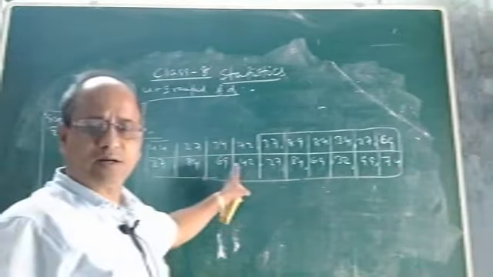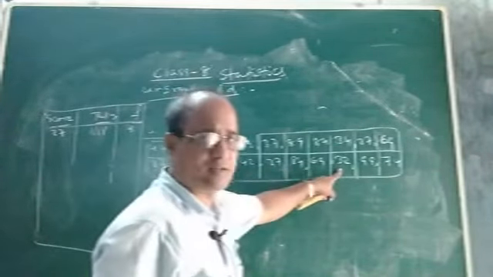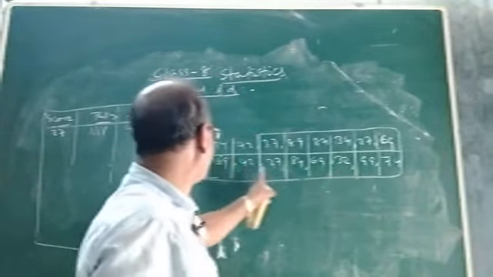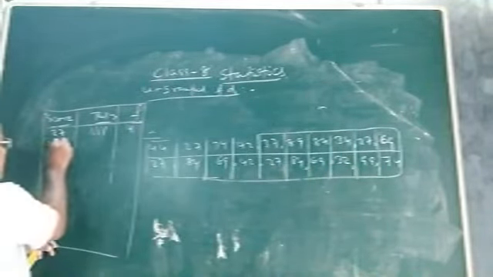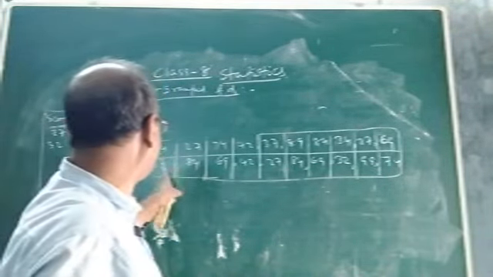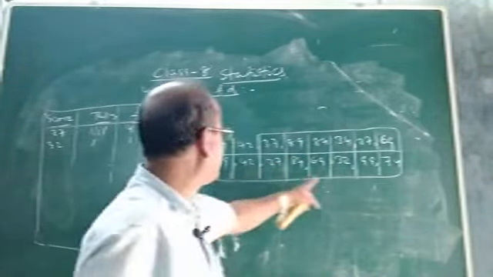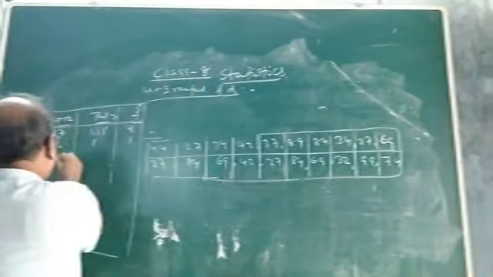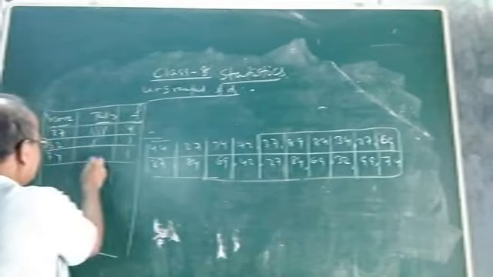Then what is the next score? After 27, the next score is, I think, 32. Yes, the next mark is 32, and it is scored by how many students? Only one student. You have to find it from the data. That means the frequency of 32 will be 1, so one tally. Then after 32, the next mark is 34. 34 mark has been scored by how many students? Look at the distribution. Only one student. So the frequency of 34 will also be 1. One tally.